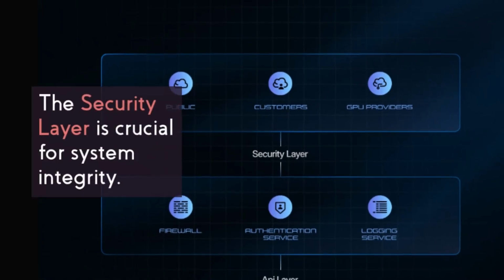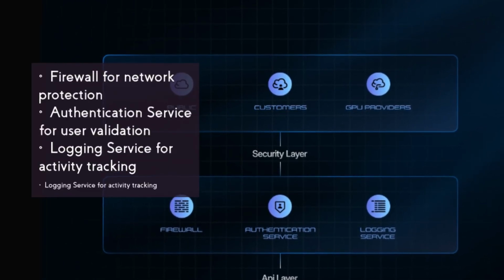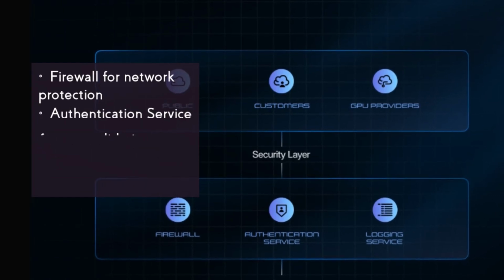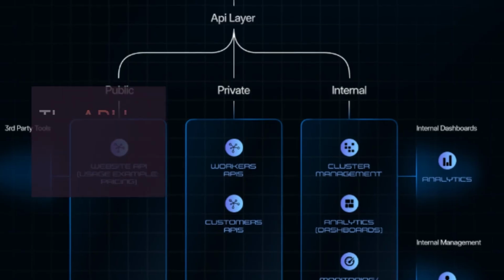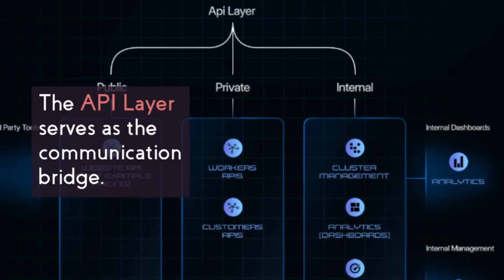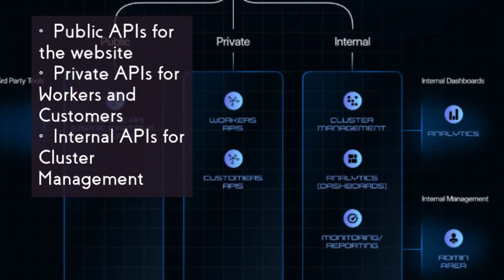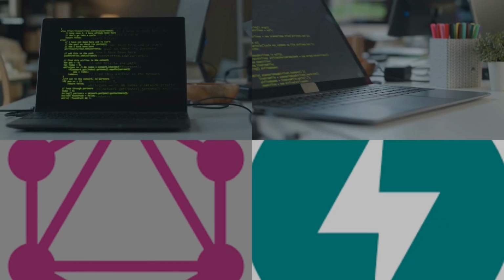The security layer is crucial for system integrity. It includes a firewall for network protection, authentication service for user validation, and logging service for activity tracking, using technologies like pfSense and OAuth. The API layer serves as the communication bridge. It includes public APIs for the website, private APIs for workers and customers, and internal APIs for cluster management, using